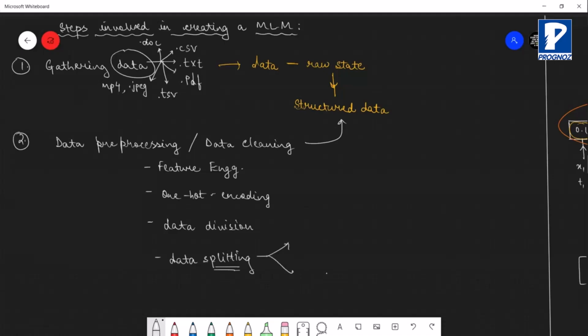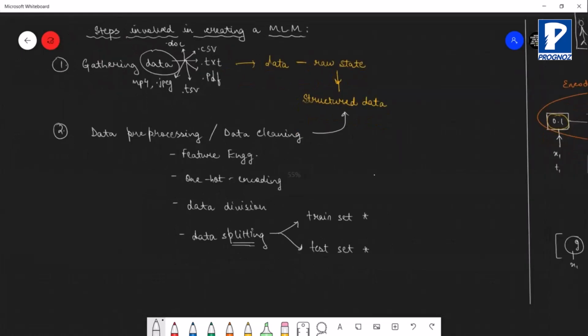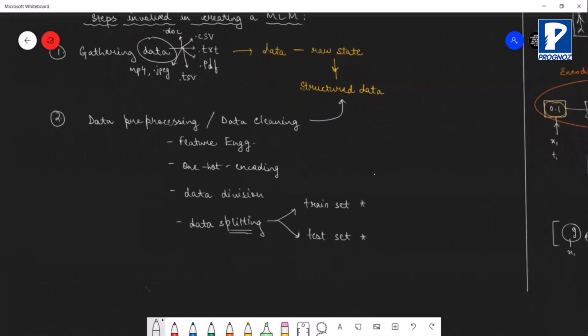So splitting will be done onto two categories. एक train set बनाएंगे and एक test set बनाएंगे. You will have a train set and a test set. Now these two terms we will be discussing in great detail. So just stay with me for some time and we will try to understand. So that is the second step.